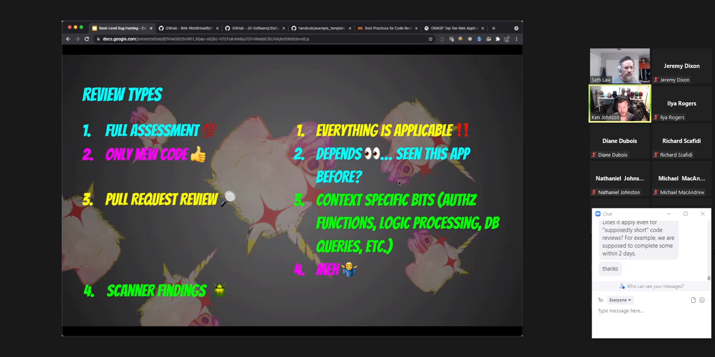And how much of that you do or do not use is going to be a constraint on your time. That's usually what it comes down to, is time. But in a full assessment, everything's applicable. When we talk about only new code, this is where we look at, is there a pull request? Not a pull request, a commit number, I'm trying to say, a commit number. And then do I need to check out the diff between the last set of code that was reviewed and